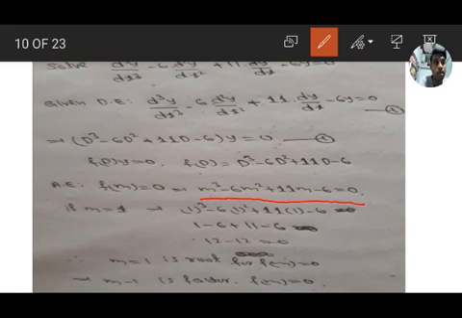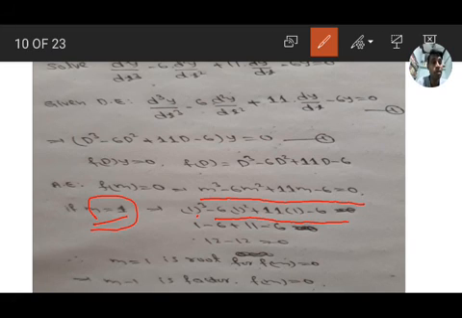For the synthetic division method, we have to find at least one root. First we have to find one root for the equation. How? It is a trial and error method. Suppose m equal to 1, substitute m equal to 1, minus 1, 2, minus 2, 3, minus 3, 4, minus 4, like values. Here I am substituting m equal to 1: 1 cubed minus 6 into 1 squared plus 11 into 1 minus 6. That is 1 minus 6 plus 11 minus 6, means 12 minus 12 equal to 0.